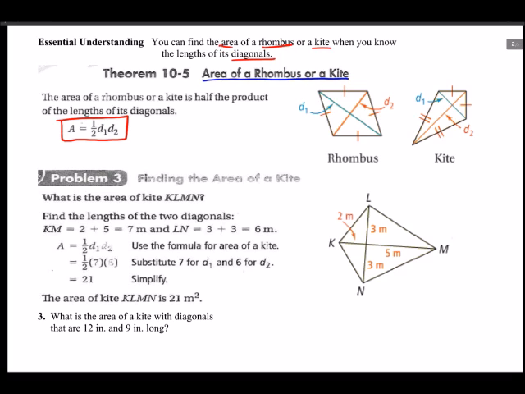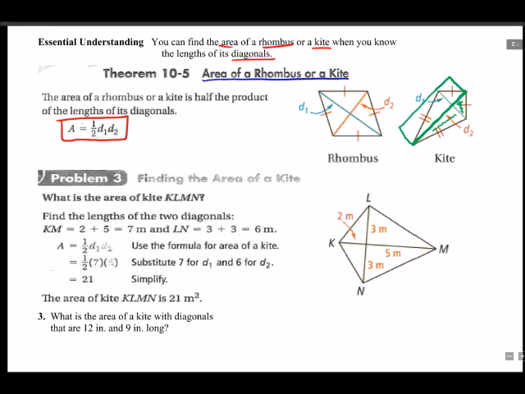Now, I know that you're saying, well, that's not base times height. It is. Let's take a look at our kite over here. This diagonal, right? We have that diagonal. Now I want you to look at this triangle on the bottom made by our other diagonal. If I take this triangle on the bottom and flip it up, so I took this triangle right here and I flipped it up to the top. Now I'm going to take this triangle right here and flip it up here. I have a rectangle now